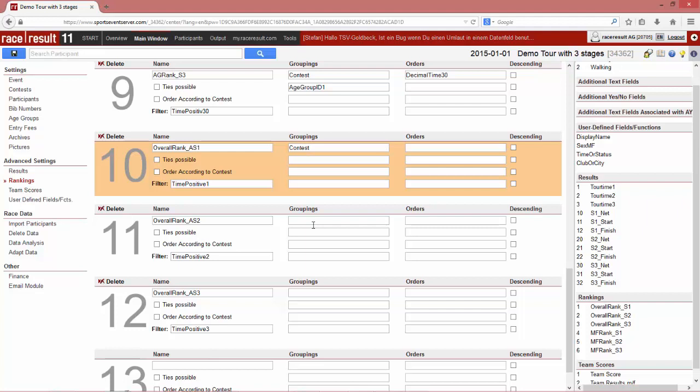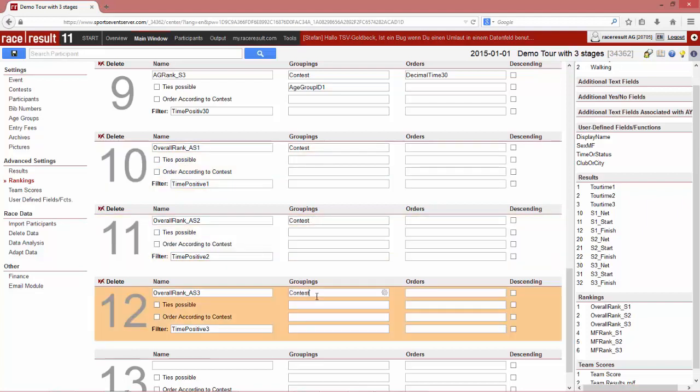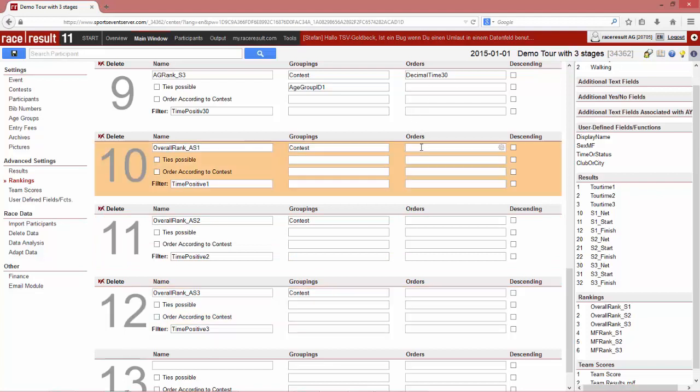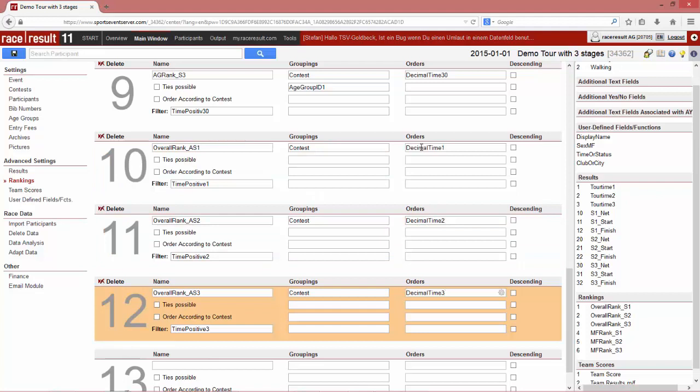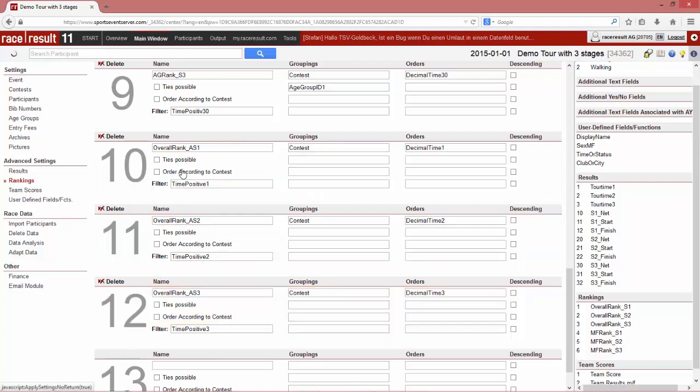They are grouped by contest, and they are ordered by the decimal time 1, 2, 3. Okay,